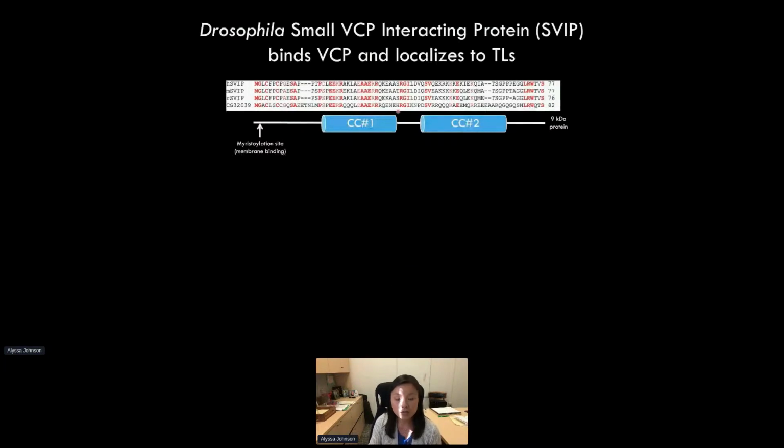So just a little bit about SVIP. As its name suggests, it's a small protein. It's only 9 kilodaltons in size. There's not really that much to it structurally. It has two coiled regions. But the two most critical parts of the protein are a VCP interacting motif in the first coiled region, and then at the very end terminus, the second glycine residue is myristoylated,